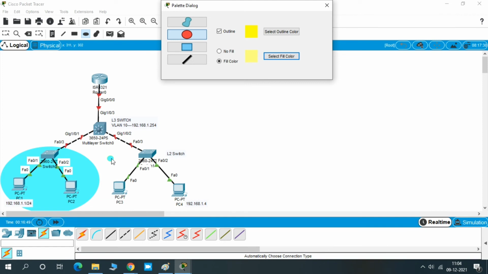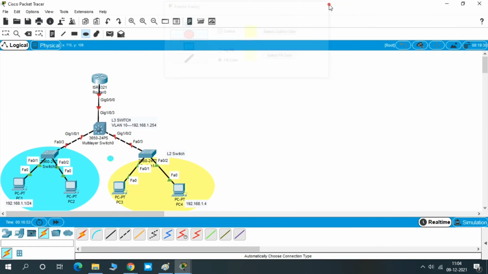The first option is for the border. If you click on this option, you can resize the image. You can increase the size or decrease the size.